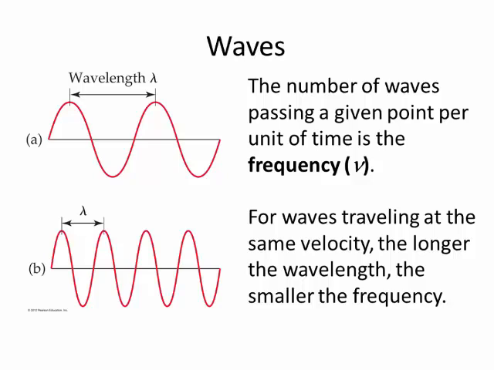So if these waves were moving to the right, you would count how many peaks or how many troughs went by in a second, and that would be your frequency, which has the units hertz or cycles per second, but we don't write cycles, so the unit ends up being seconds to the -1 or just 1 over the second. And for waves traveling at the same velocity, the longer the wavelength, the smaller the frequency, so they have an